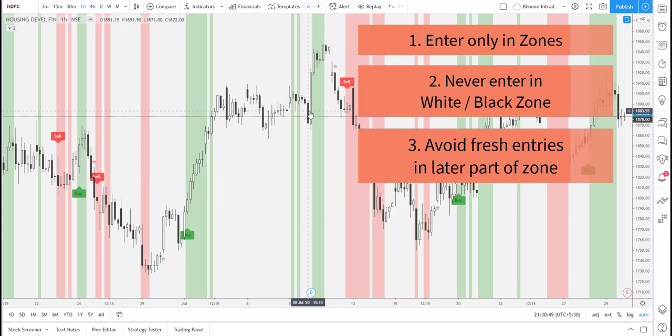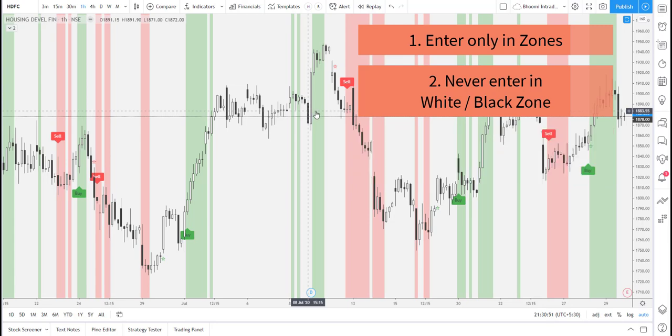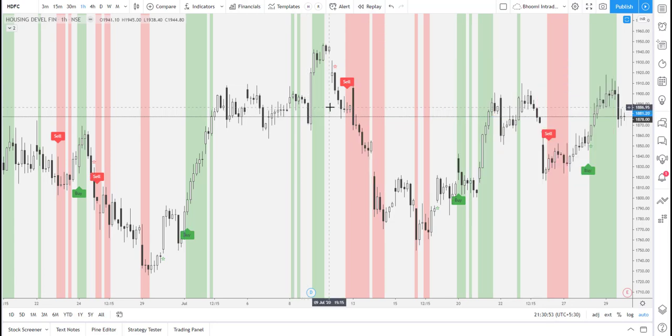So that is the third point which you should take care of. Now, one important thing you can trade in terms of zones, or in terms of anything like a sell label or a buy label, is that the transition of the zones is very strong.